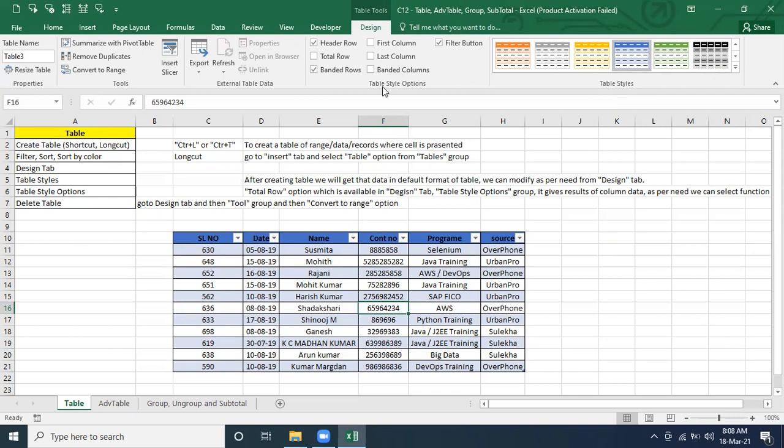Next one we are going to talk about is table style options, what all are available. First we are going to talk about this filter button. Even that button we can remove from here, and we can keep it from here also, no problem at all. Or as you know, we have a shortcut for the filter, Control Shift L. If I press Control Shift L, it's going to work here and it will make this one unselected.